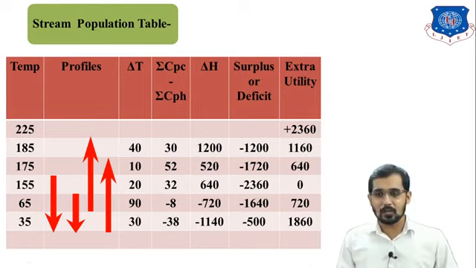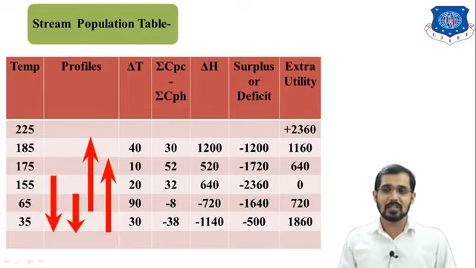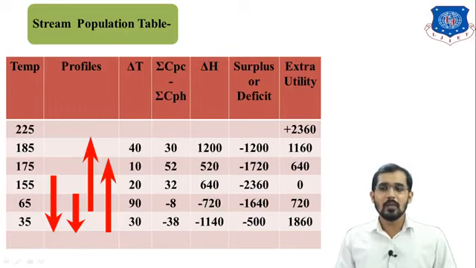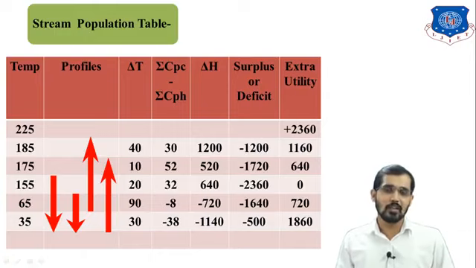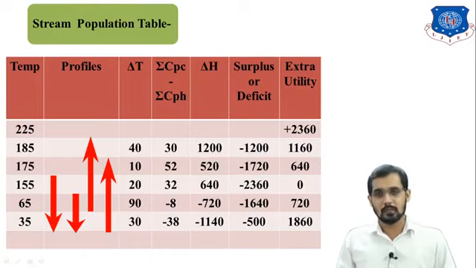I can just conclude here. First is the H1 stream, you can see on the screen, this is the H1 stream, this is H2, this is C1 and this is C2. For H1, heat is flowing from 175 degrees Celsius to 35, H2 is flowing from 155 to 35, C1 is flowing from 65 to 225, and the last stream, that is C2, is flowing from 35 degrees Celsius to 185 degrees Celsius. So this is nothing but the temperature profile for all four streams.